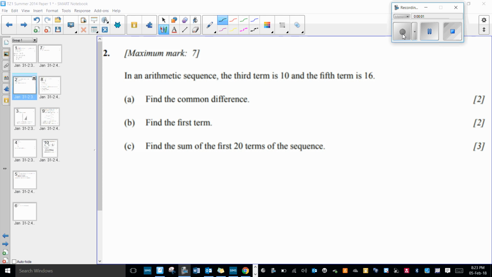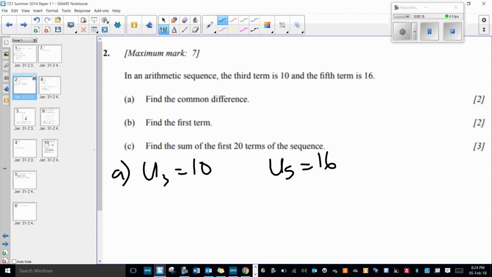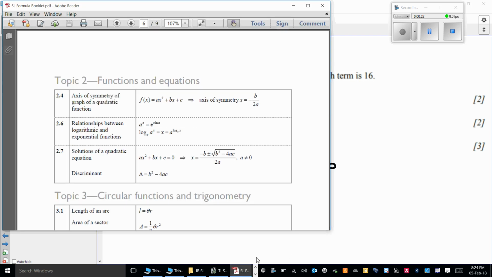So we've got an arithmetic sequence. We're told the third term, oops, so U3 equals 10 and U5 equals 16. So if we look at the formula booklet,